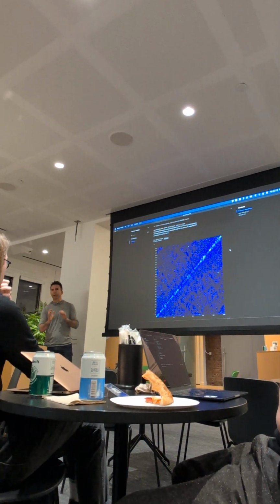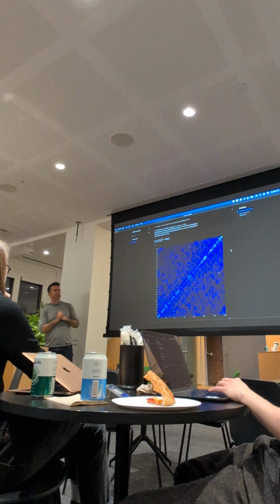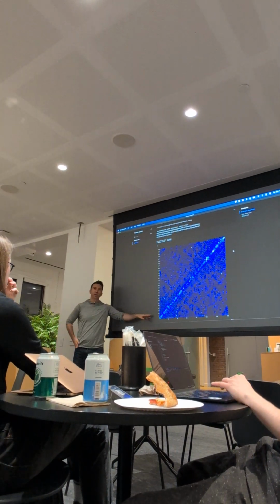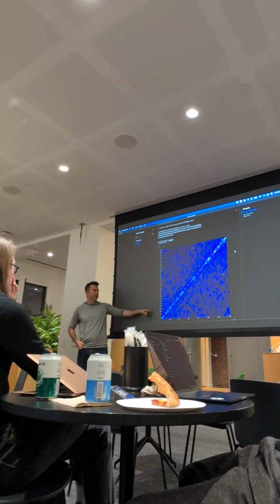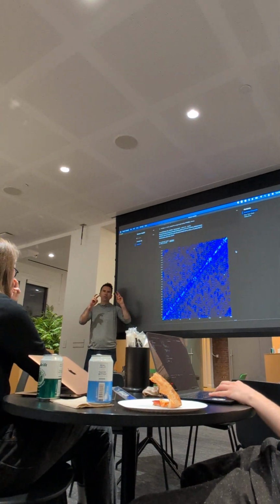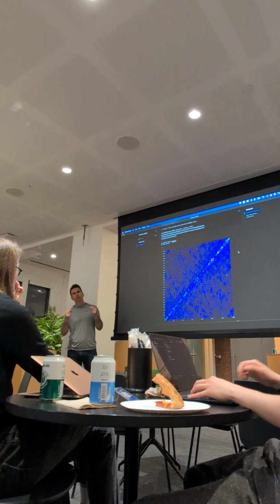Again, it's not really my area of expertise, but what this is supposed to be representing is how often a residue at this position sees a residue at this position. What is the attention of the, like, how often do they